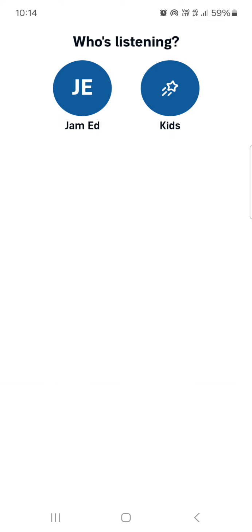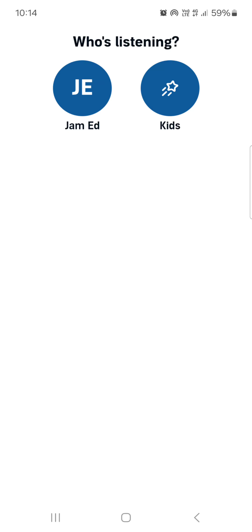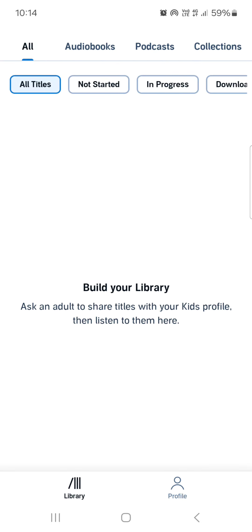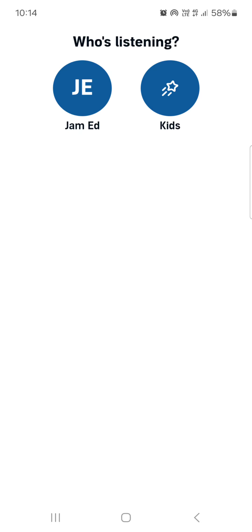You will have your main profile here, and then you can switch to the kids profile like this. As you can see, it has less options,